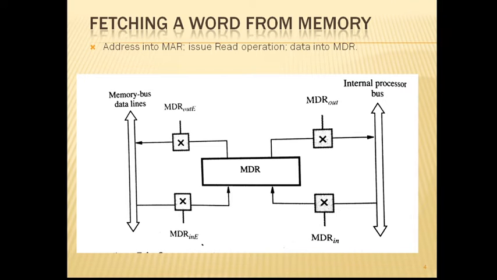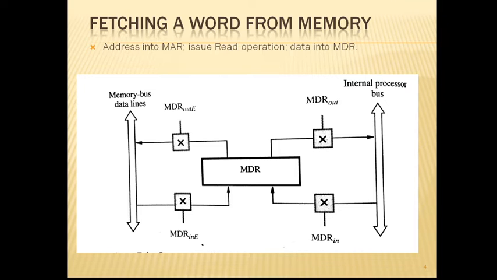The circuit shown in figure 7.3 from the textbook can be easily modified to provide the additional connections, because there we have used only the internal bus. If we modify that, then we can provide the additional connections to the external bus. So a 3-input multiplexer can be used, with a memory bus data line connected to the third input. Since there are 3 inputs, we have to make use of the 3-input multiplexer.